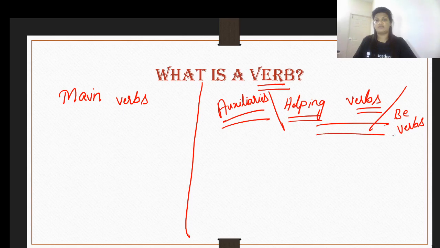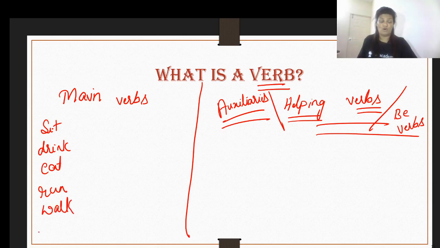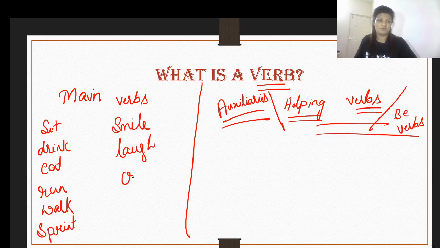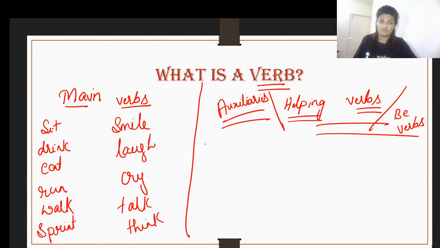These are the different names that you have. Now, what are main verbs? Verbs like sit, drink, eat, run, walk, sprint, smile, laugh, cry, talk, think, etc. All these are referred to as main verbs, and there are auxiliaries like be verbs, which are is, are,